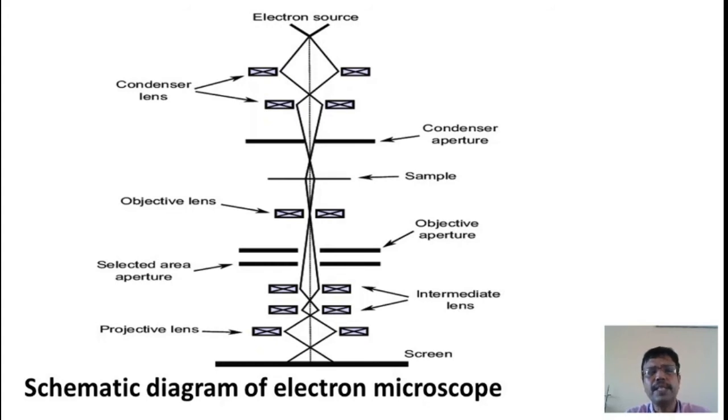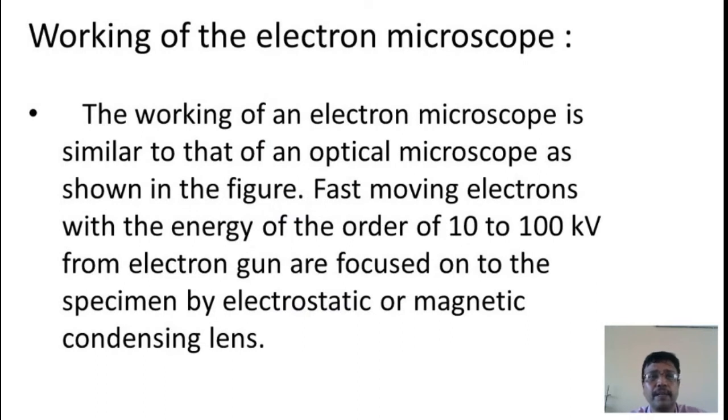Then the same image is incident on the next lens, called the magnetic objective lens. We get an enlarged image which is generated. Then again that passes through the magnetic projector lens, and we get more magnifying power. For example, if an object is present, it produces around 10,000 times the original object after passing through the first lens. If it passes through the second lens, it produces more magnification. This is the working of the electron microscope that is mentioned here.